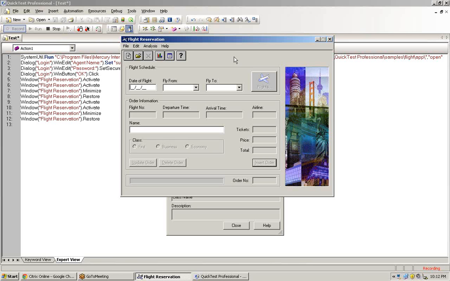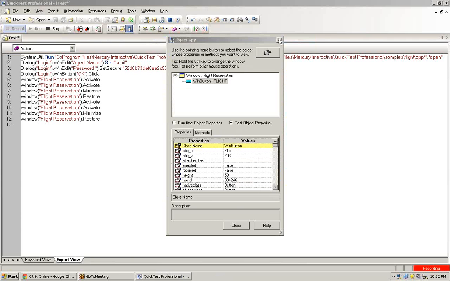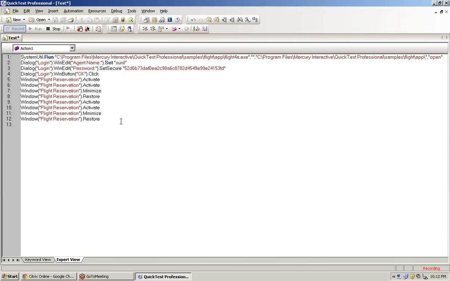There is another way to look at it. Test object is your expected result, and runtime object is your actual result. If you change anything in your expected result, I mean in your stored test objects, then your runtime object will never be recognized. Yes, it will never satisfy. It will always throw an error.